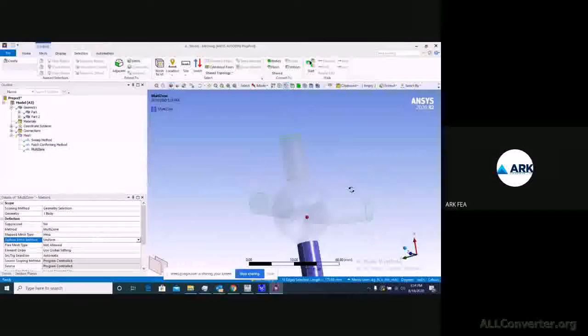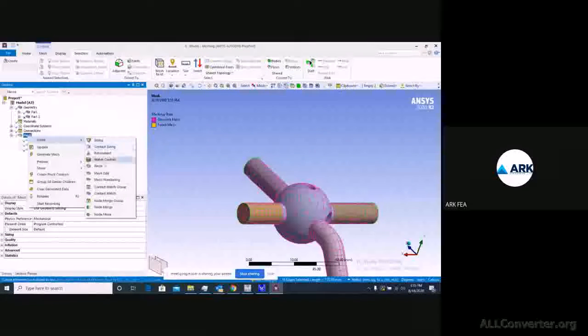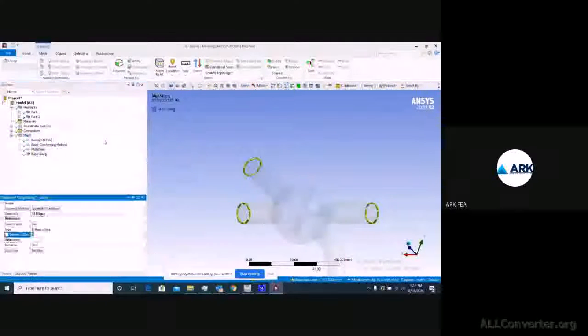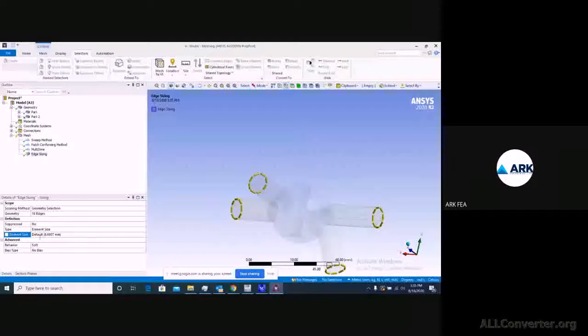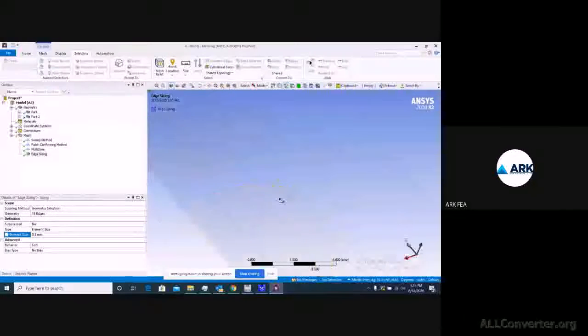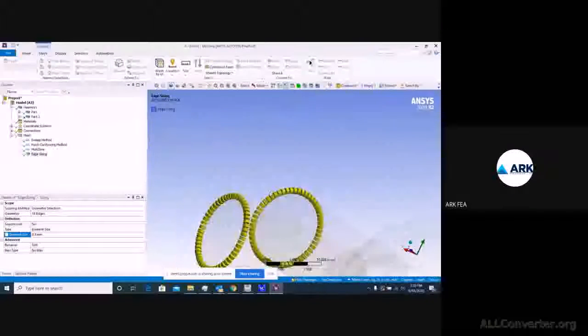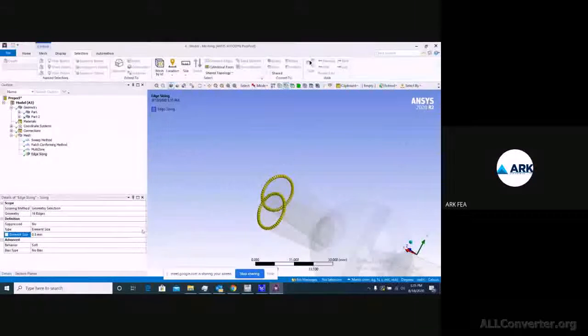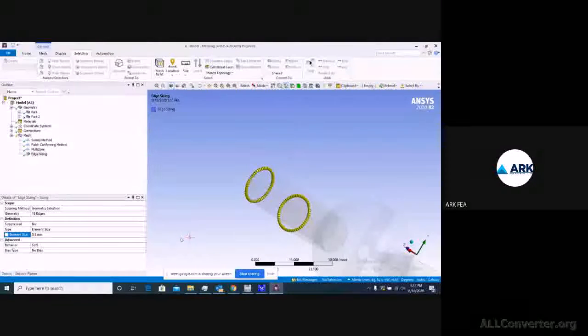So complete circular edge is selected, and you can give a sizing for that particular edge. So edge sizing, as of now it is taking 18.6907, and you can change it to something like 0.5 or 0.8. So in this way you are able to divide your edge in terms of element size. Based on element size you are defining it here.